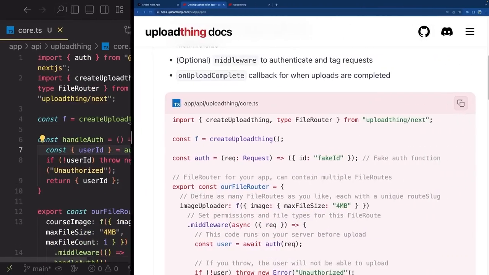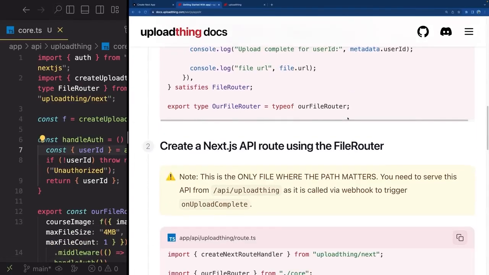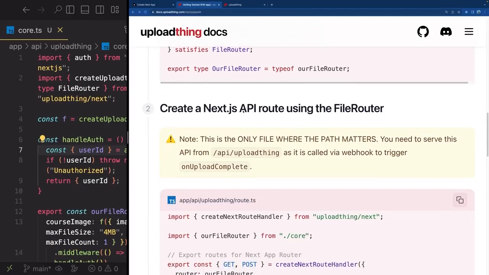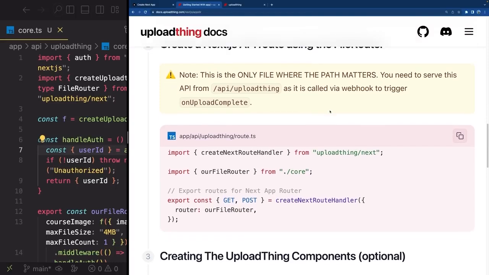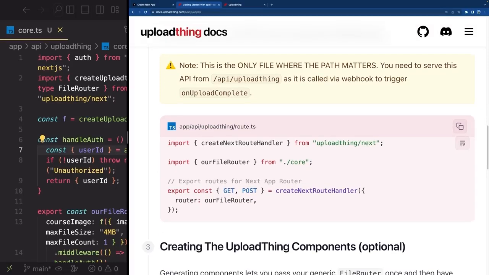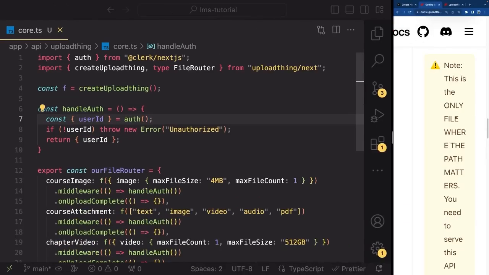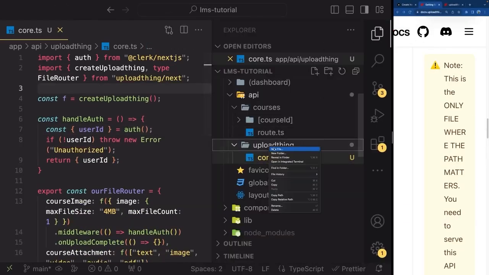So let's take a look at what is the next step in Uploadthing. What we have to do is create an actual API route using our file router. So as you can see, we have to create uploadthing/route.ts and we have to paste this inside. So let's copy this inside and let's go inside of uploadthing and create a